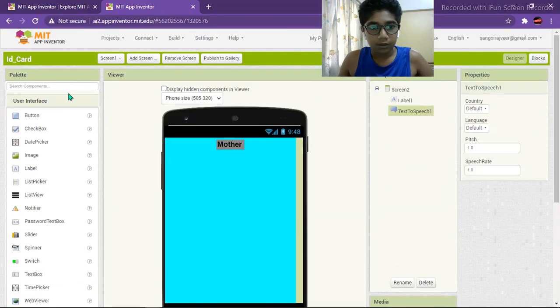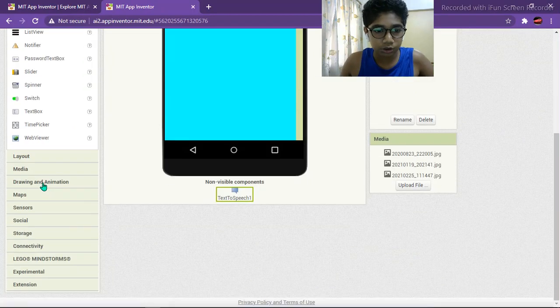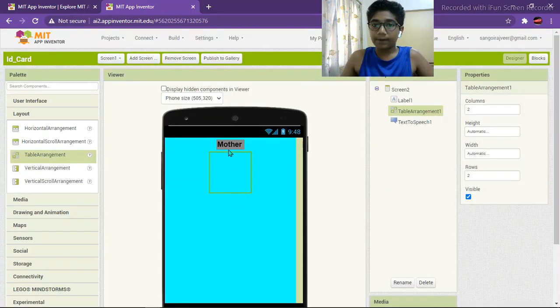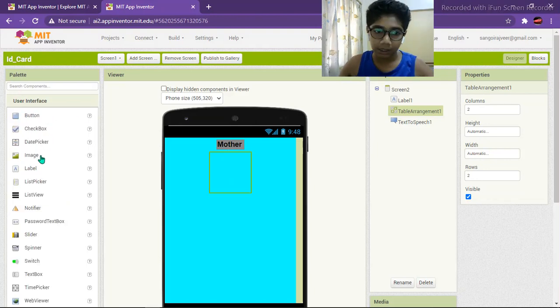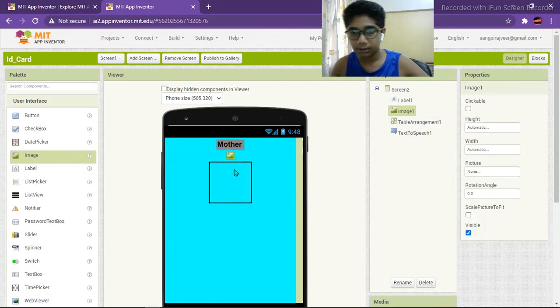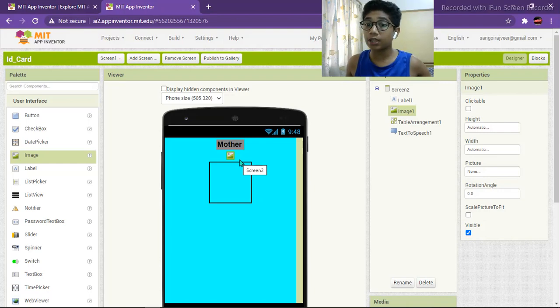So first we will choose a layout which is table arrangement. But before that we need an image of the mother. So over here in the palette below the user interface, the fourth option is image. Just drag and drop it over here below the mother. The image is empty and we want the image of our mother.